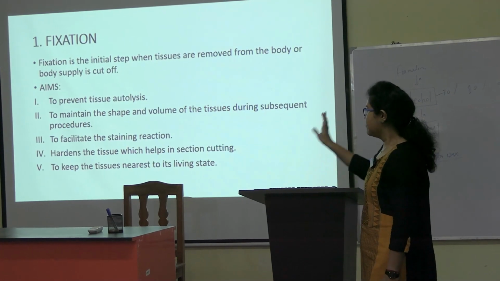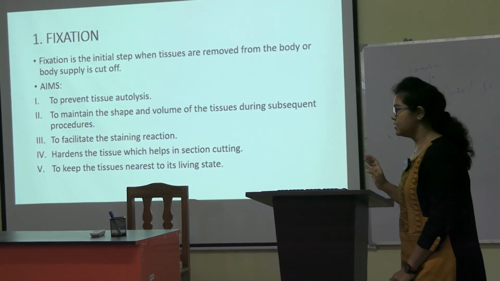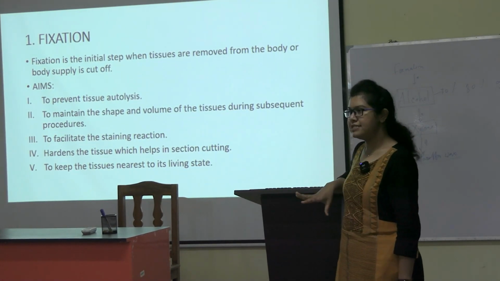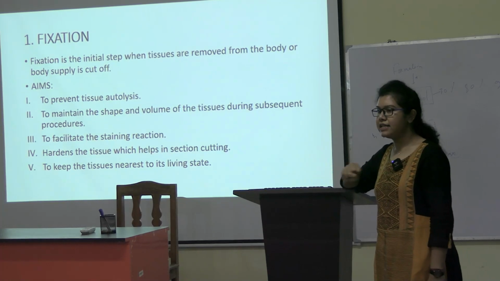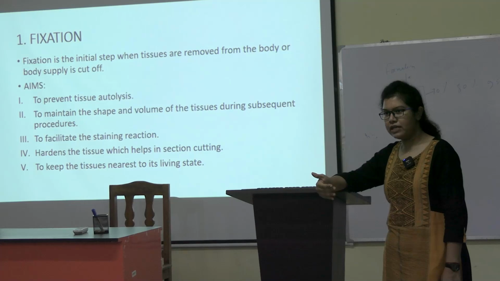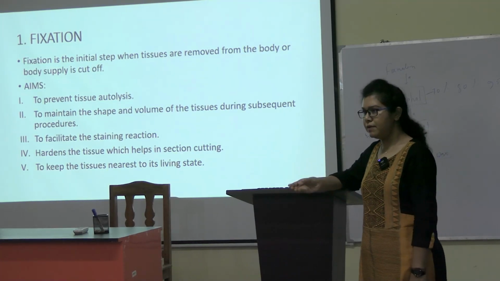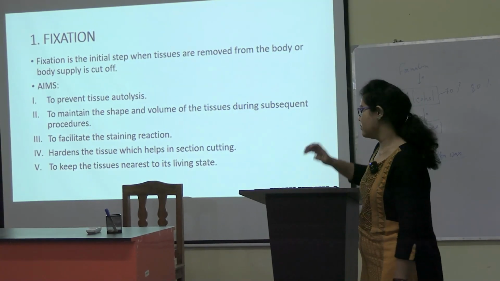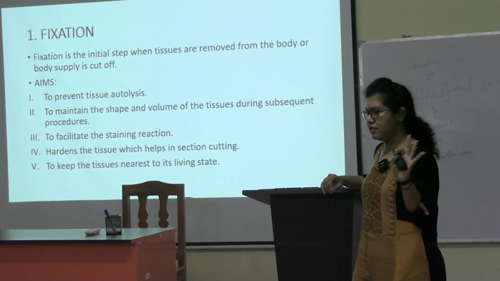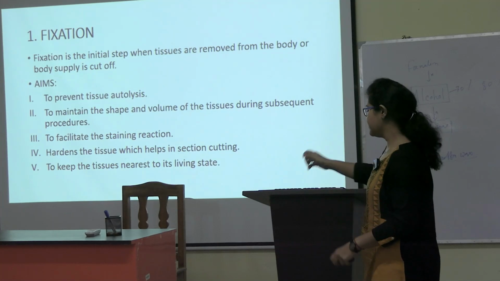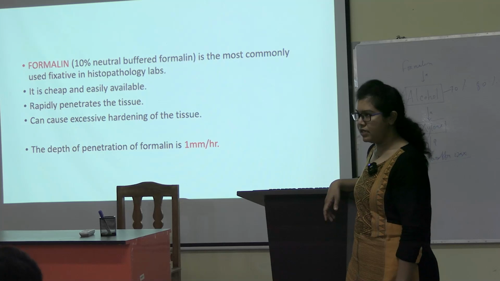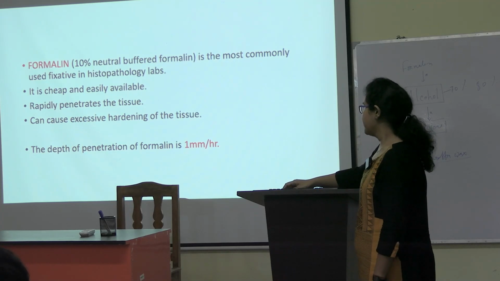Now, I am not going to explain this anymore, you already know, this is the theoretical part. So fixation means, this is the initial step, where you are cutting the blood supply from the tissue, from the body, and then you have to fix the tissue, okay? Otherwise, that organ or the sample or the specimen will get putrefied, okay? So to fix, we are using formalin, as in the cadaver you have seen in anatomy dissection classes, okay? Here we are using 10% neutral buffered formalin as a fixative, okay?